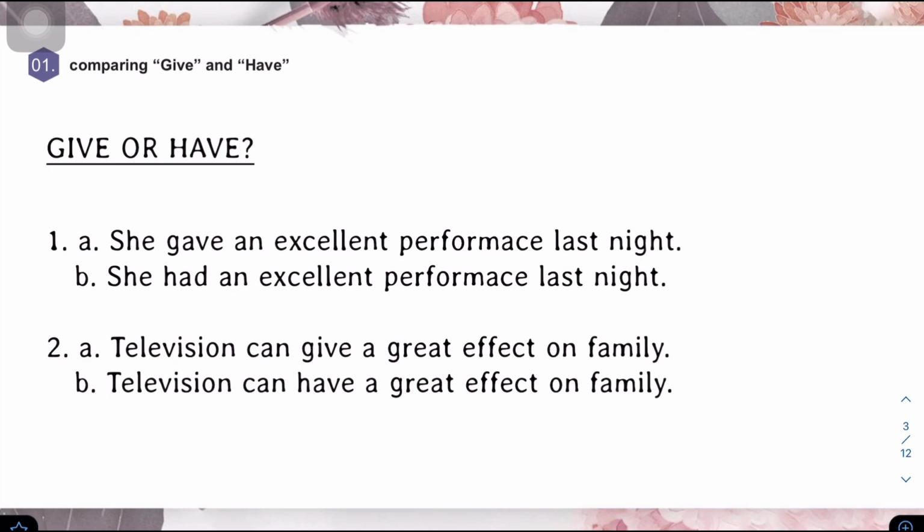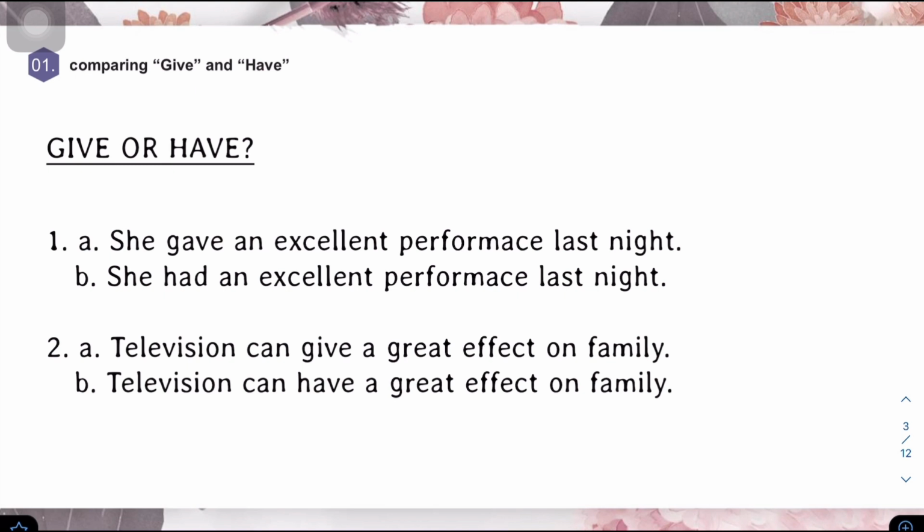As for number one, we have to say giving a performance to others. In this case, it's going to be gave an excellent performance. But anyway, when you think of the action of giving, you will see that we give what we have to other people. So basically, we are sharing what we have, right? And the direction is outwards, coming from within to the outer medium.